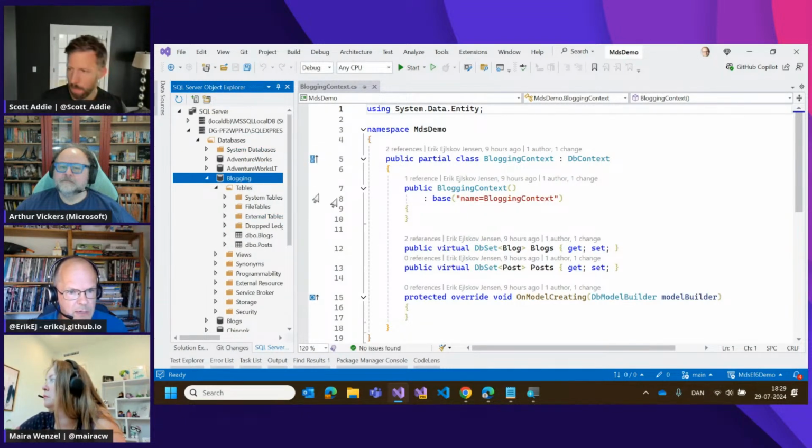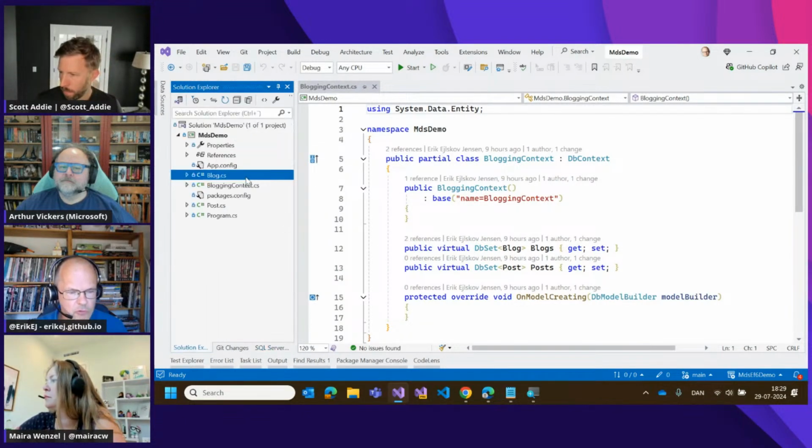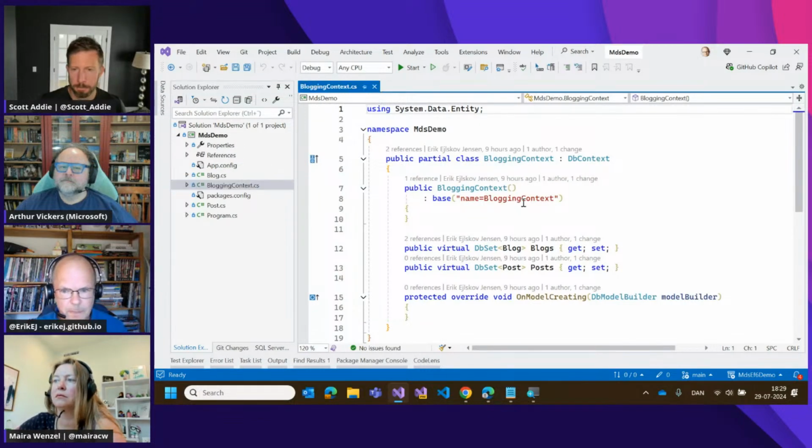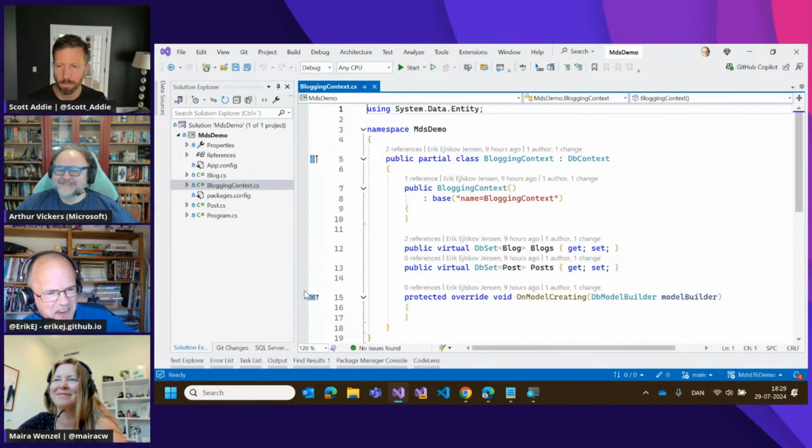So I have created an Entity Framework 6 DbContext, which is what we're looking at on the screen. If you are familiar with Entity Framework, everything here should be completely familiar to you. We have a DbSet and we have an OnModelCreating with a DbModelBuilder. For some reason, everything had to be Db.